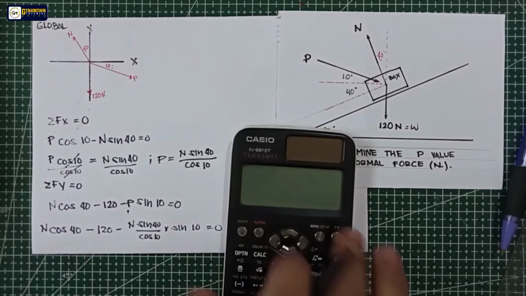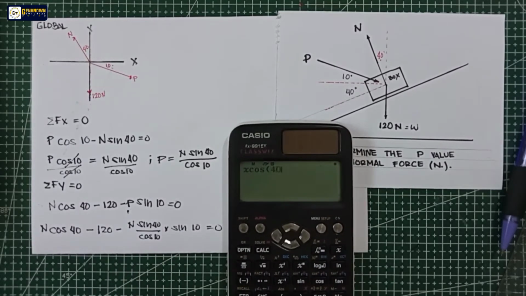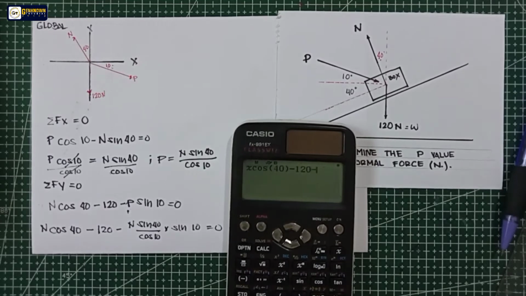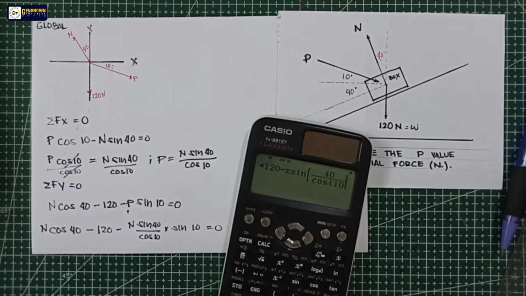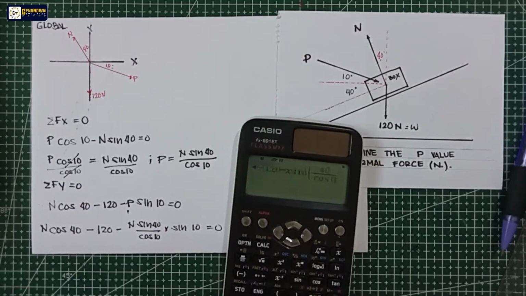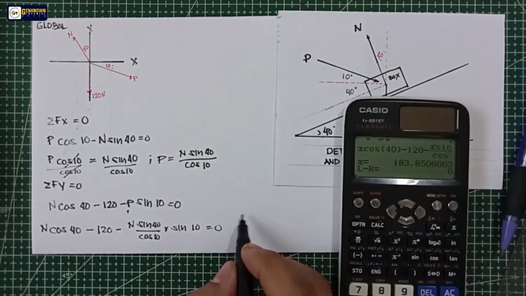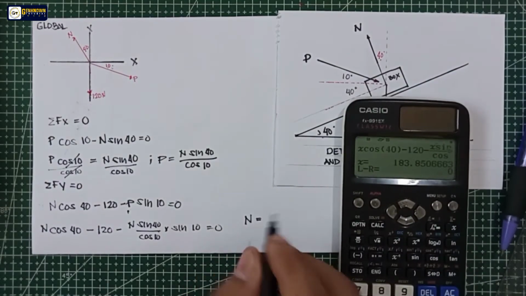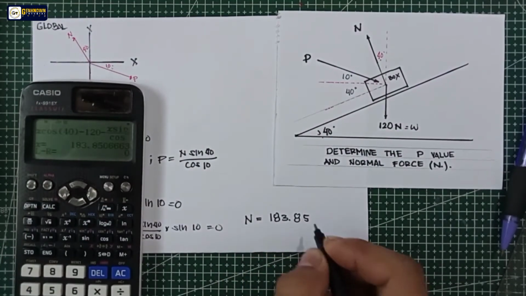So using calculator, so N, let's say yung N is equal to X, cosine 40 minus 120 minus N sine 40 divided by cosine 10 multiply by sine 10. Okay. 40. Okay, divided by cosine 10 multiply by sine 10. Shift, solve, equal. So the value of N is equal to 183.8506